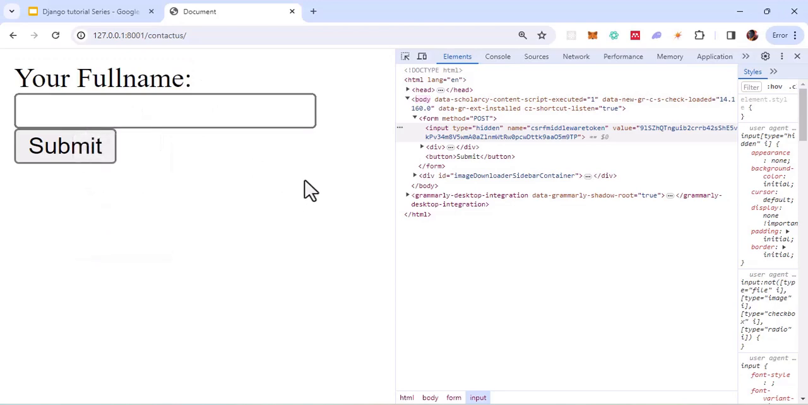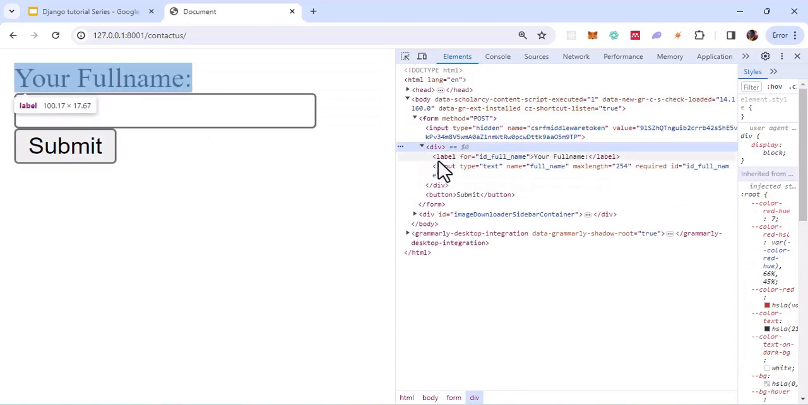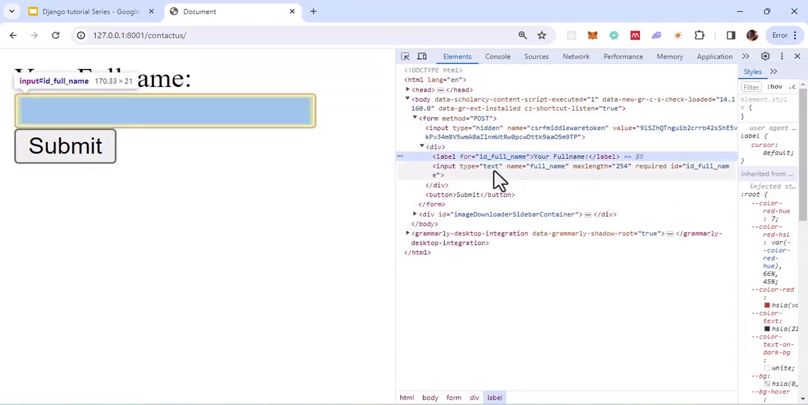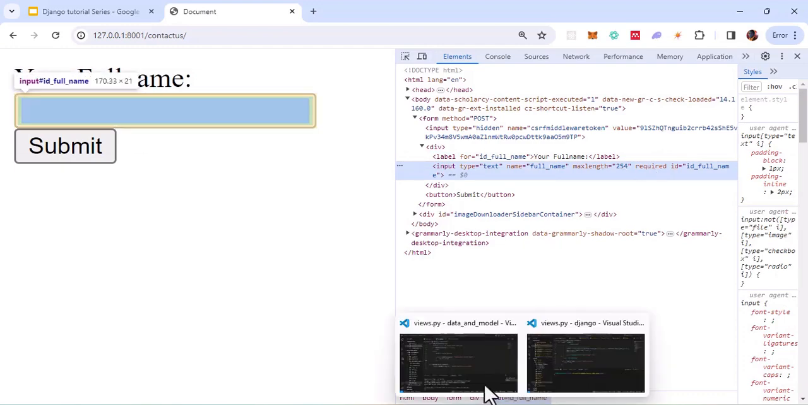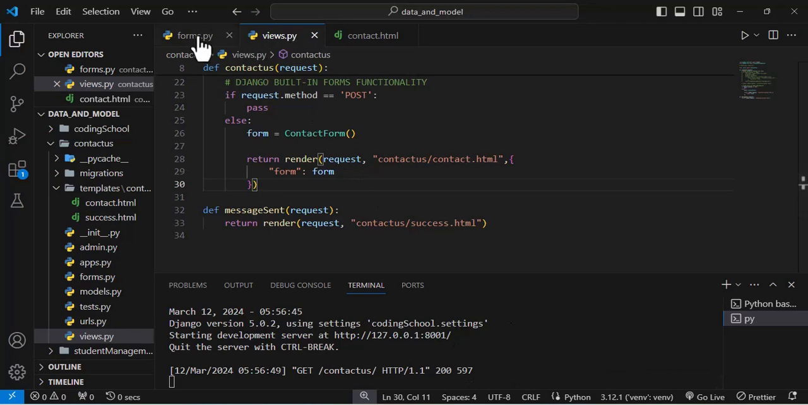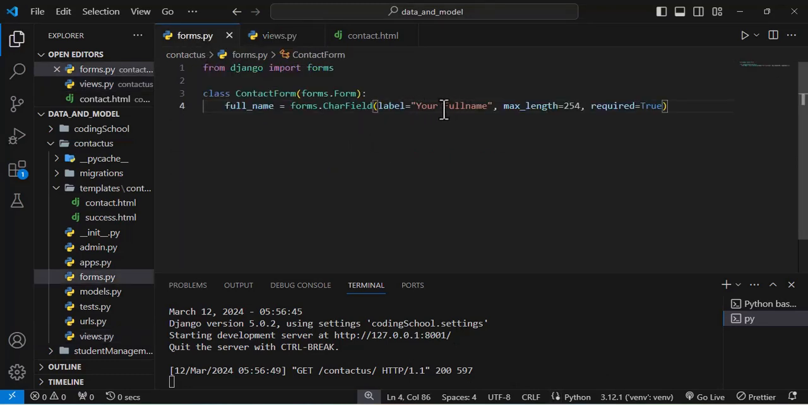Now if you look at it through this inspect element, by the time you check this div, you see that this is the label, and you see that this is required. This is required, and the maximum length is 254 based on the properties that we define in here. So if I change